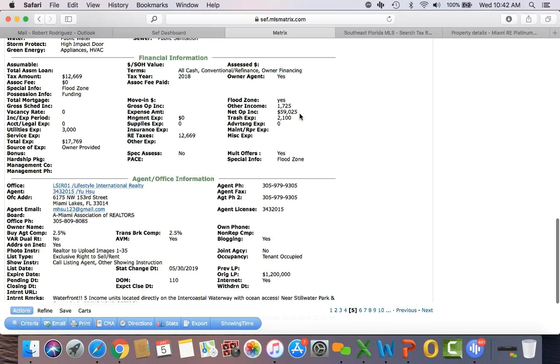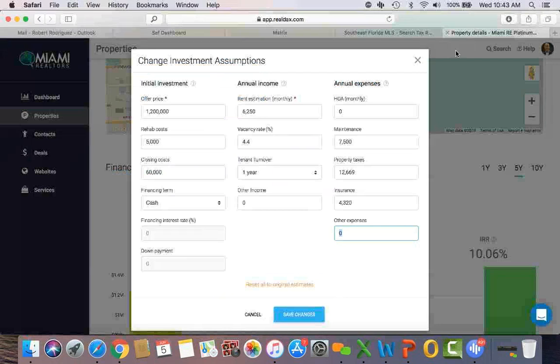All right, so let's go ahead and do that. Let's put in here $5,100 in other expenses. One thing that's probably not taken into account is that you may have to hire a property manager. Normally, what I like to do is add another 10% to that in the expenses. So we're looking at $7,500 plus $5,100. You're looking at about $12,600 in expenses, and I'm sure there will be more expenses. However, this is for you to just get the idea of what we're doing. So other income, about $1,800